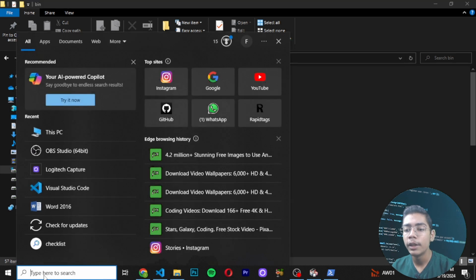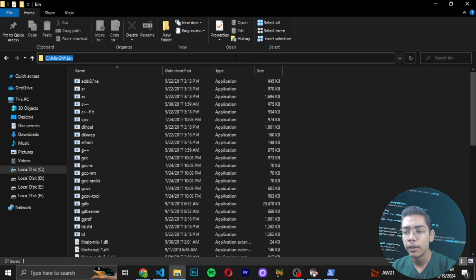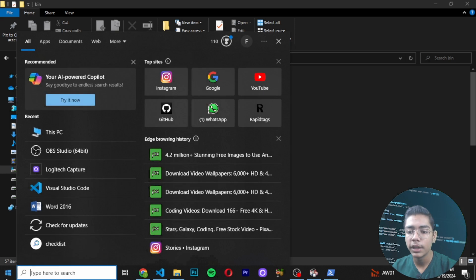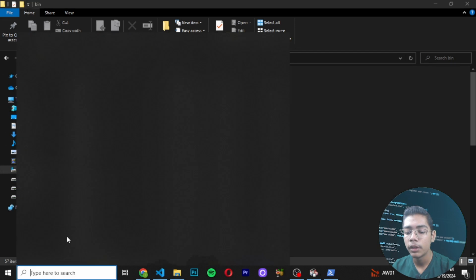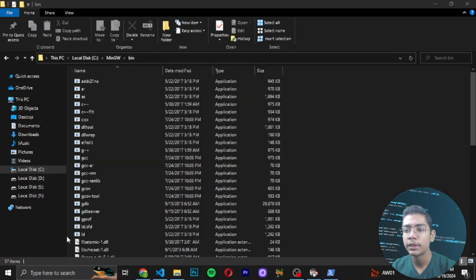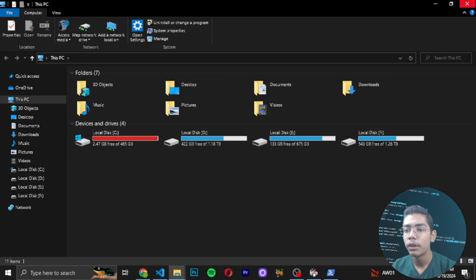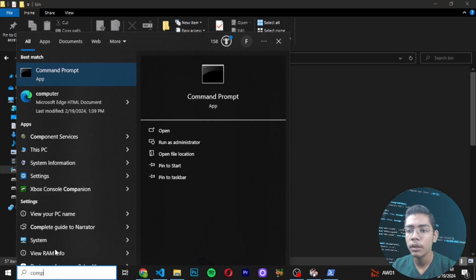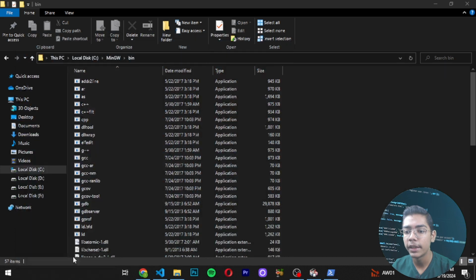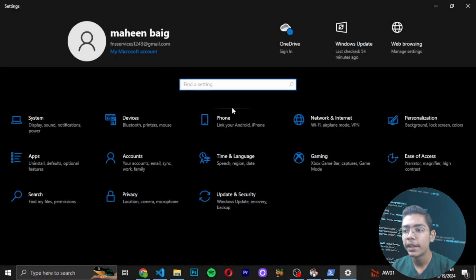After copying this path from here, press Ctrl A and Ctrl C to copy. Then you have to move on to This PC, or you can right click and move on to This PC like this. If you are not getting anything, you can move on to the computer here, then go to settings, and in settings you have to write here